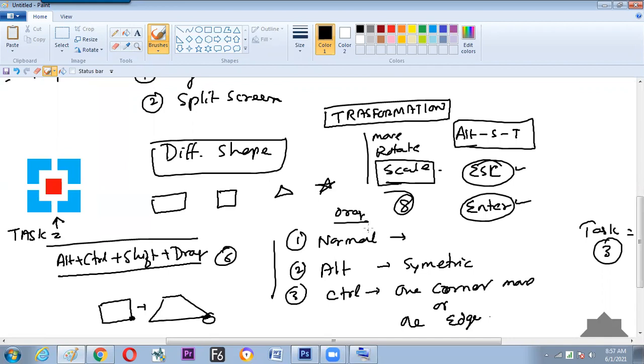But the thing we have to learn in the next session is measurement. How to do all the things with calculation. Till now, the movement is random. Rotation, yes, we have started the rotation with a little bit of 45-degree things, but scaling is random. Then how to make the calculations, we'll learn in the next session.